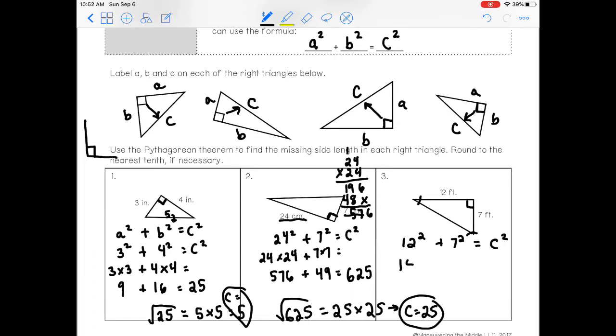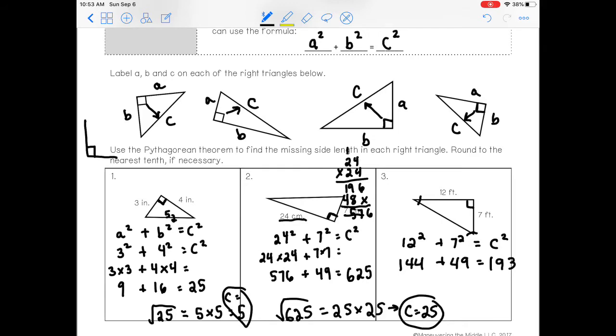12 times 12 is 144, plus 7 times 7, which is 49. If we add these two values together, we get 144 plus 49, which is 193. So, what square root gives us 193? We have to think about two values that are closest to this. So, if we do